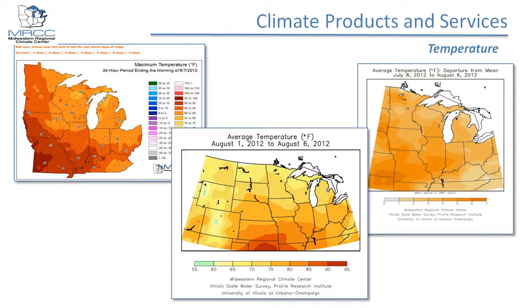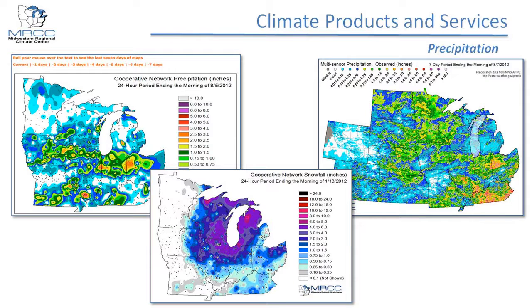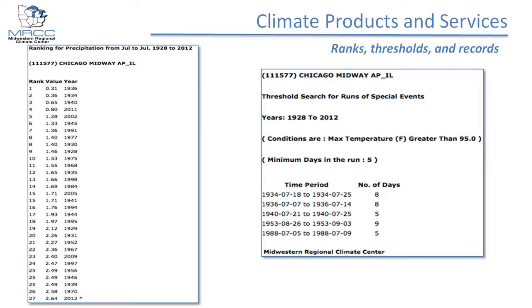For our products, temperature is likely the most common parameter, so we put the current weather into climatological perspective by comparing to what is normal, and we try to tailor our products for various regions, so here's an example of a map developed for the full National Weather Service Central Region. Precipitation products, here's an example that combines ground observation with radar data to create finer detailed maps. And don't forget the precipitation data also includes snowfall and snow depth, so here's a 24-hour map showing snowfall event